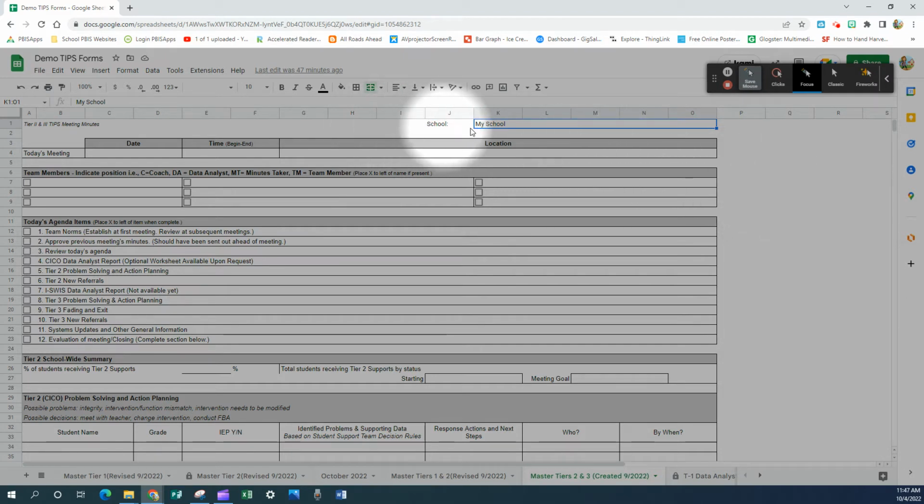When you receive your packet, your school will already be populated in here, so you don't need to worry about that. It will be locked so that it doesn't get changed. And then once you get your form, you're going to put in your team members. So I'm going to use my family members' names here. Misty is going to be the coach, and Vanessa will be the data analyst, and Tony will be the minutes taker,